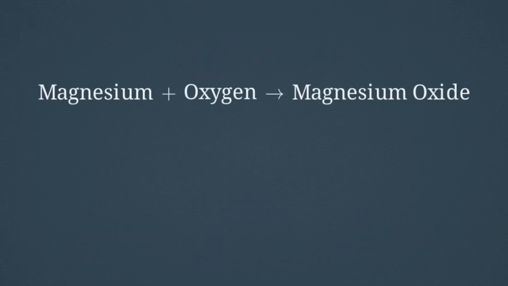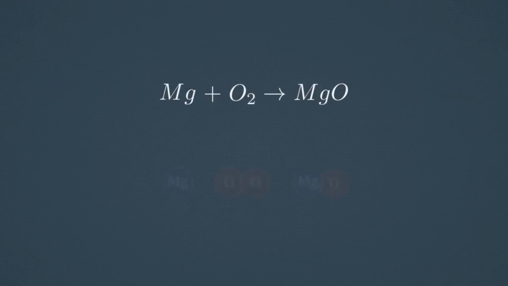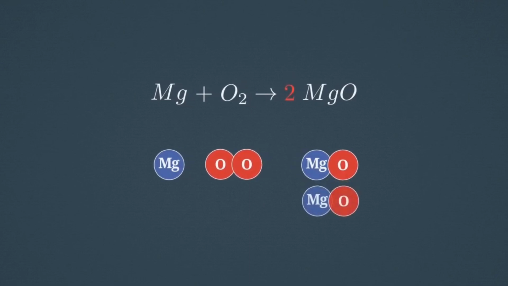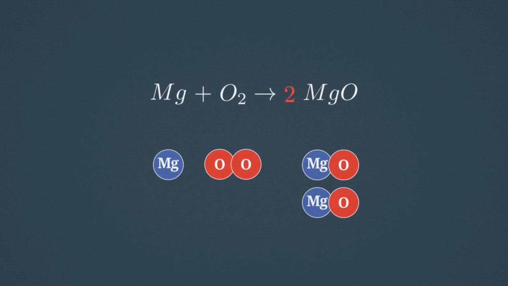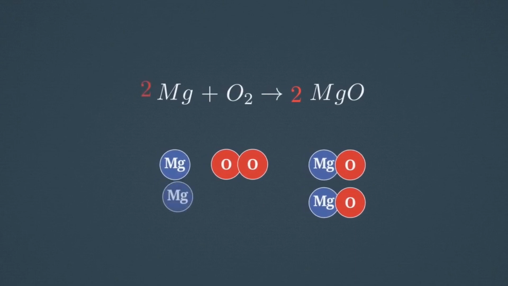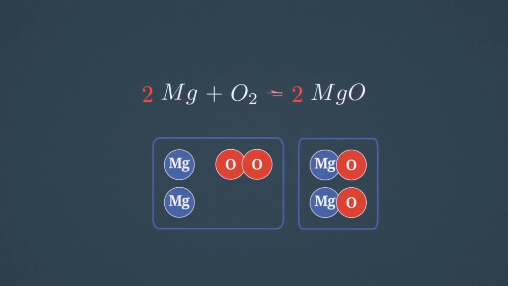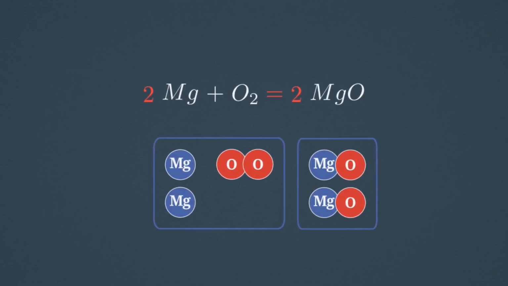We start by converting the word equation into a skeletal chemical equation. Mg plus O2 yields MgO. To balance this, we need 2 oxygen atoms on both sides, so we place a coefficient of 2 in front of the magnesium oxide. This unbalances our magnesium, which we fix by placing a 2 in front of the reactant magnesium. Every chemical reaction, from a simple magnesium burn to complex industrial manufacturing, must obey this strict mathematical alignment to